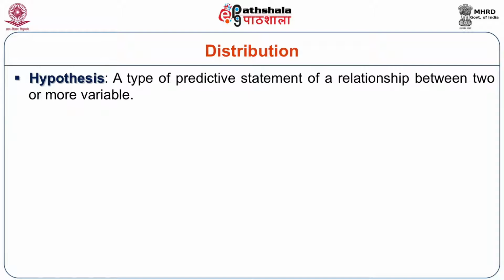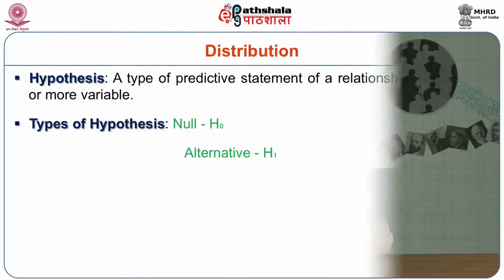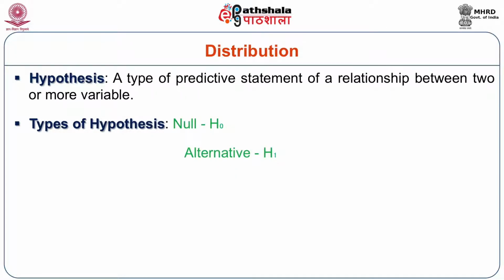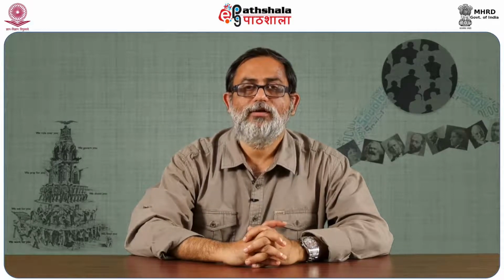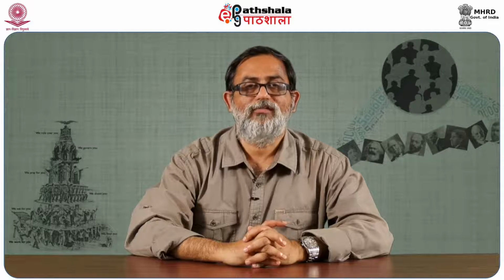There is a cause and effect correlation between these two sets of variables. They generate a statement of proposition, and when we put the proposition into test, we get hypothesis. The hypotheses are of two types. One is alternative hypothesis, we call it H1, and the other is null hypothesis, we call it H0. Keep it in mind that H1 has to be complemented with H0. Without having that complementarity, we cannot test the H1